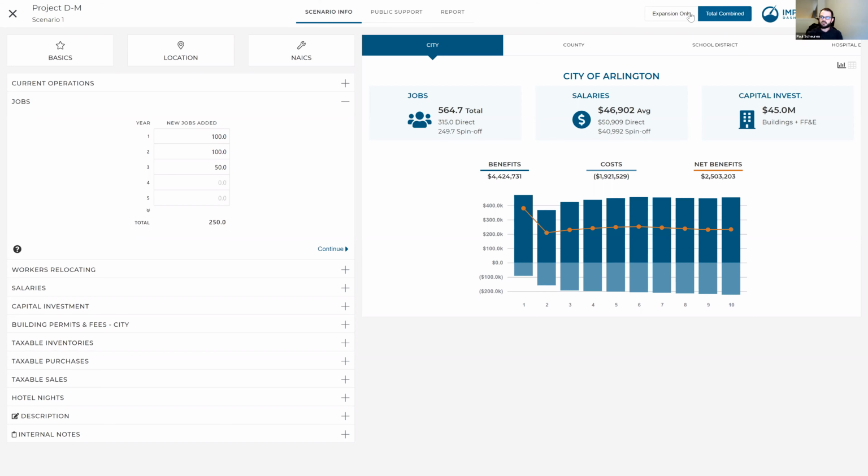Now, if I hit expansion only, because maybe you want to be a little bit more conservative, or maybe you just want to identify what's the value of the expansion, because the total value of the company is nice to know, but what's the expansion? So if I hit expansion only, this is going to toggle all of our results here, and we can see that the direct job impact is just the 250 new jobs that are being planned. And the other piece we were looking at was the net benefit. The net benefit has dropped by a little over $1 million, to show only about $1.4